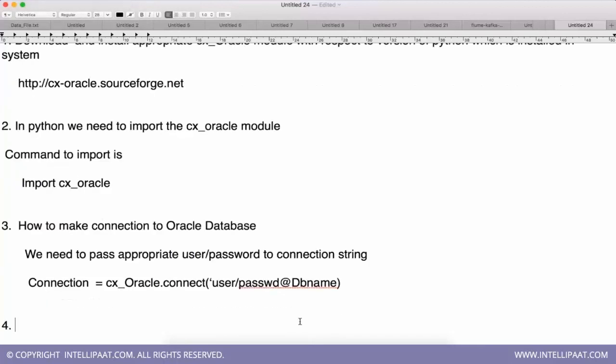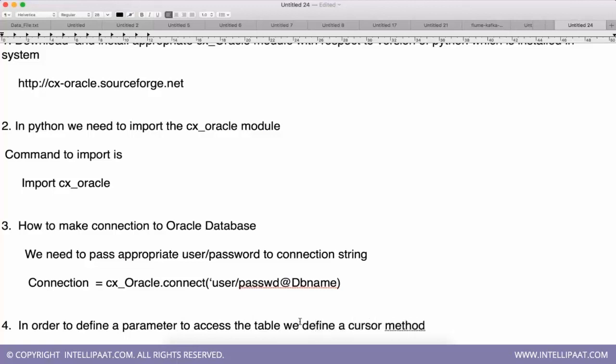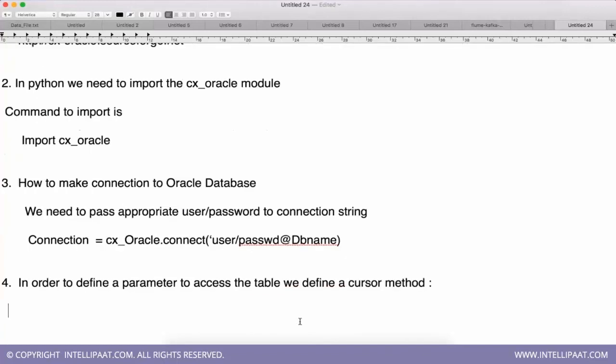Once the connection has happened, we define a cursor. Why do we define a cursor method? In order to define a parameter to access the tables. So to access the tables, we define a cursor. How do we define it? Another variable